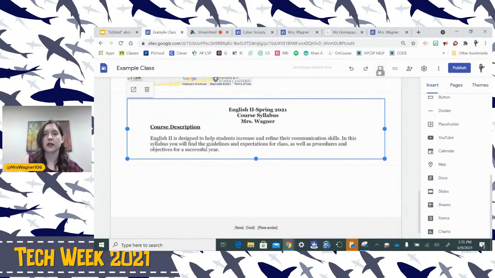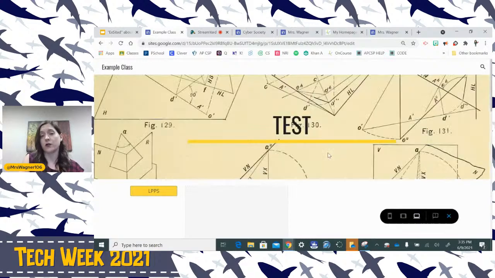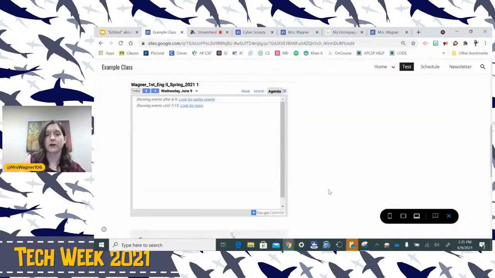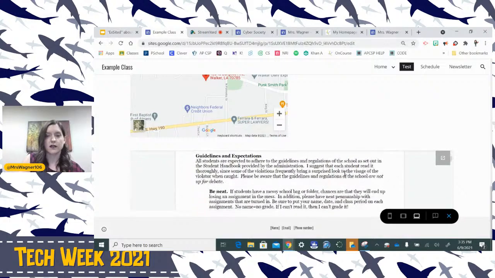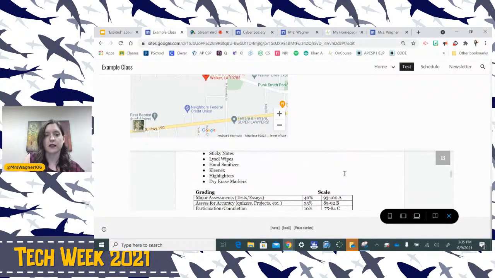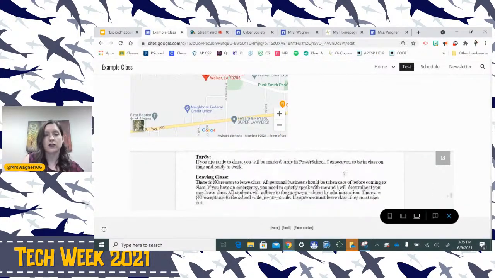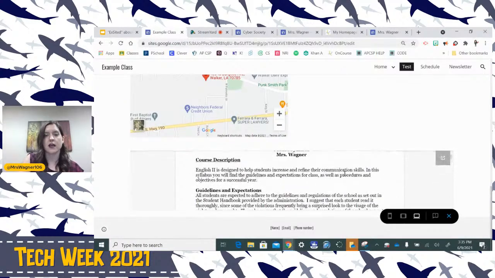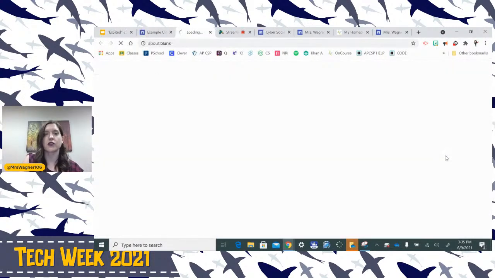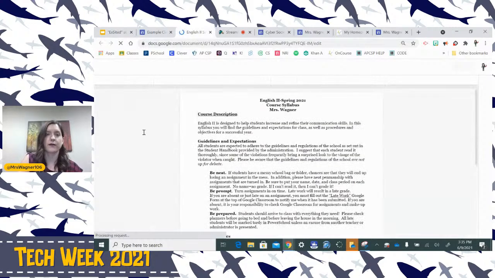And so what this looks like is if this is all the space I want it to take up, that would be kind of annoying if I was actually doing that for my syllabus, but just for an example, it only takes up this much space. And then the parents or students could just scroll on here to see the entire document, or if they want to see it full page, they can just pop it out.